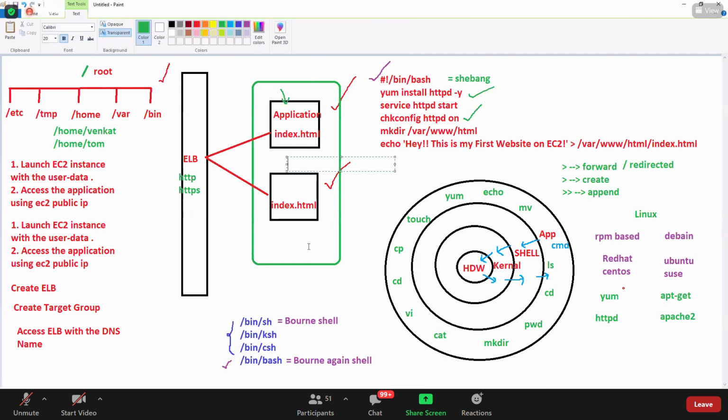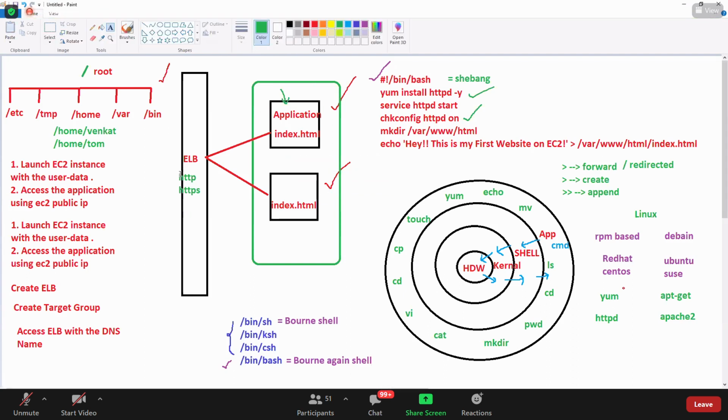Auto scaling group. Excellent. So tomorrow we don't launch an EC2 instance manually. We will do everything using an auto scaling group.